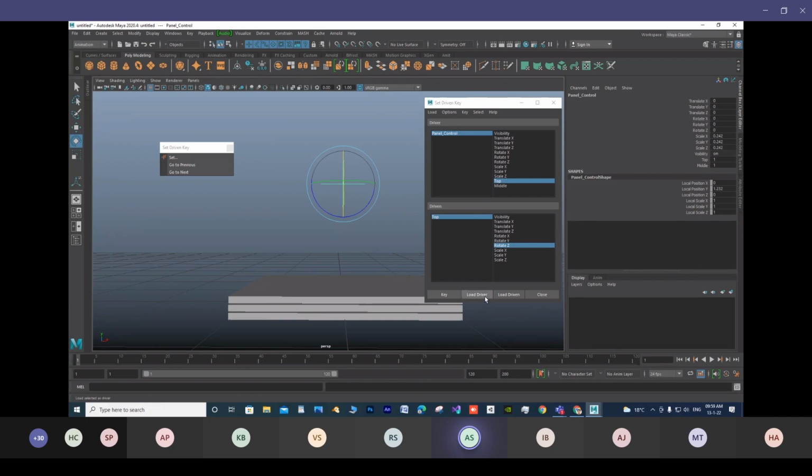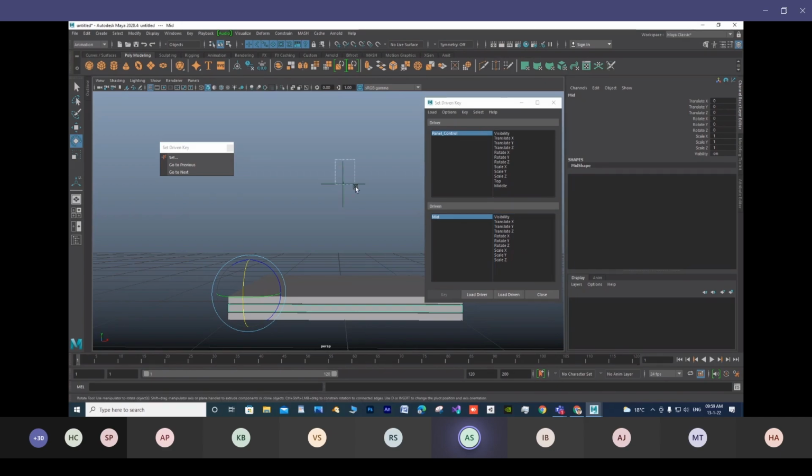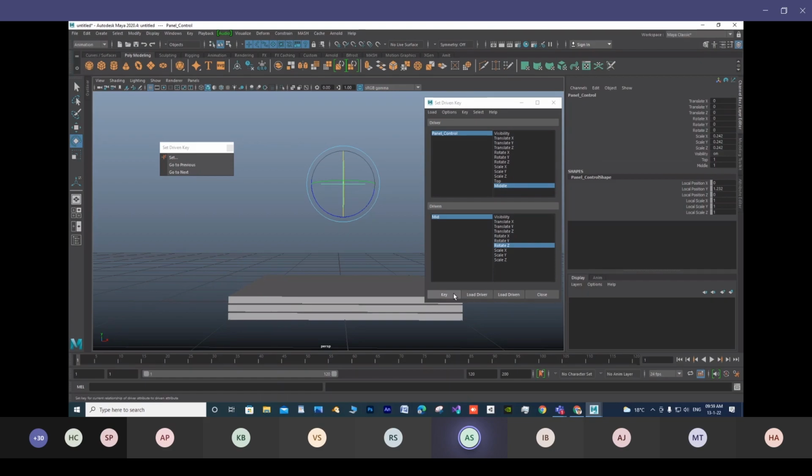again I'm doing load driver, and the middle one driven. So you can see now the top one is the same, but the mid one has changed. Again here, I am on the middle channel, which should control the rotation of this object. Okay, so you have to go here and key selected,